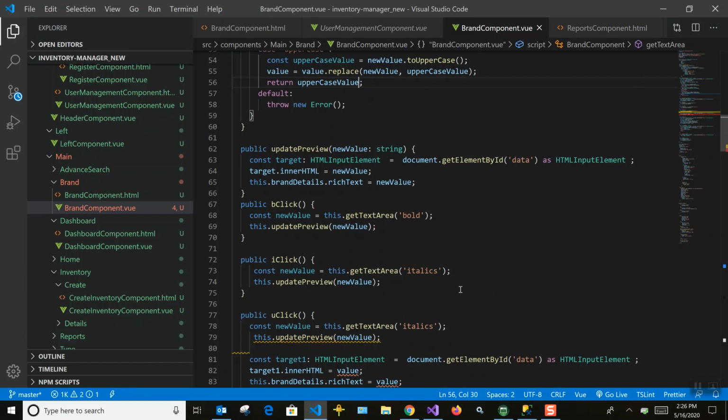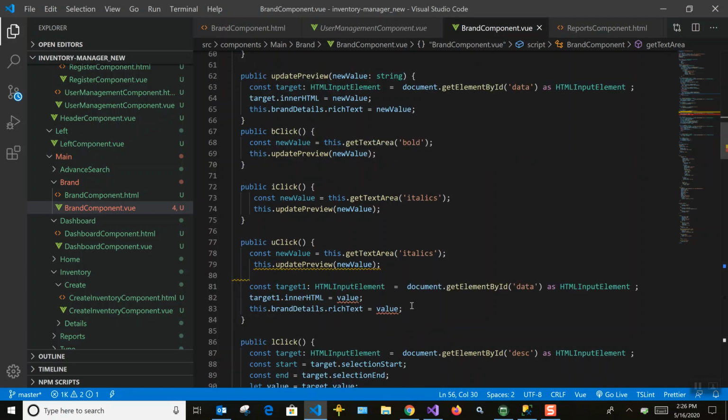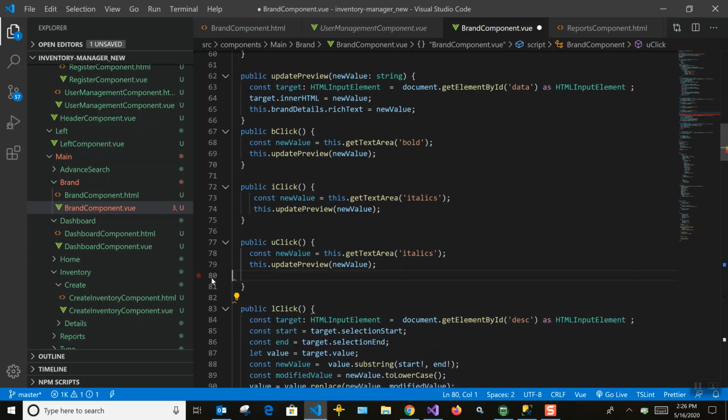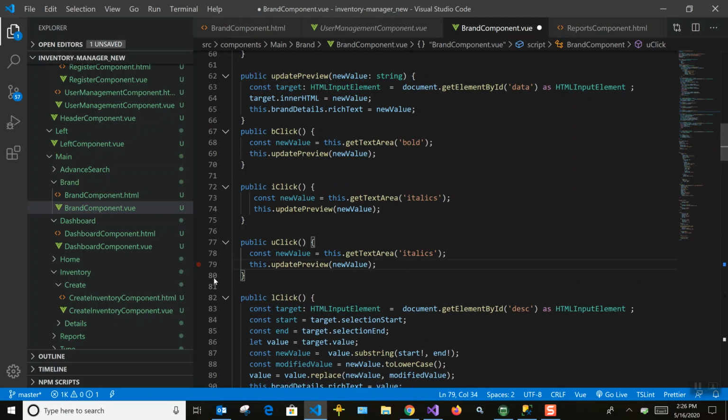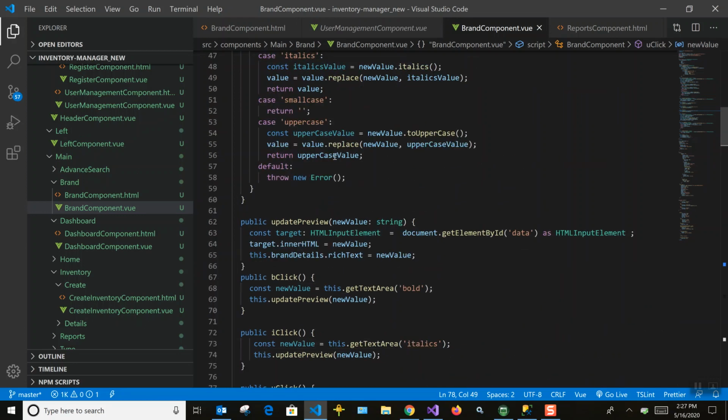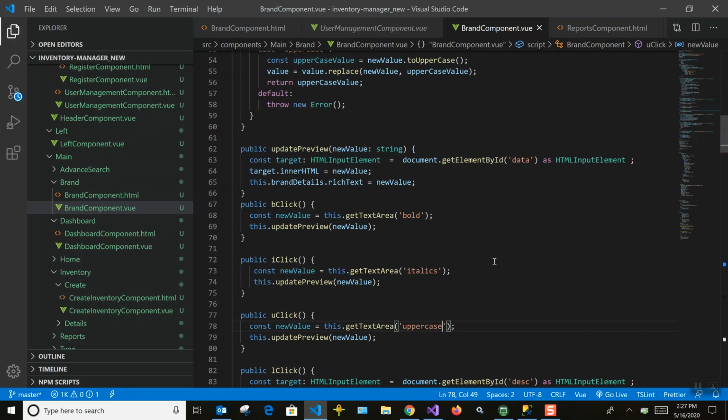Whatever we were doing individually, we are now doing with this function, and remove all this stuff. So here we will be passing uppercase. Okay, now there is something for small case, so I will just leave it for now.